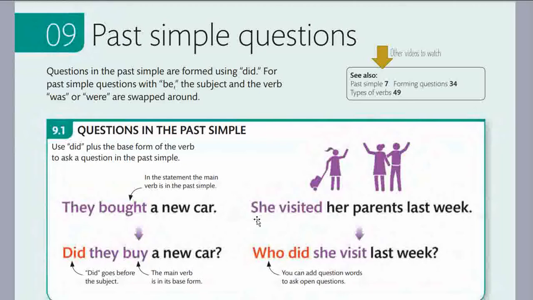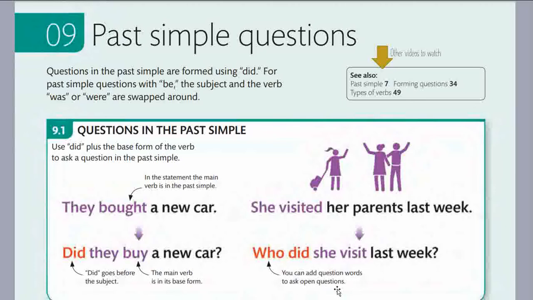Let us see the second example. She visited her parents last week. We add the word from the WH question tags, who, and then we bring in the word did. Who did she visit? Visit is in the base form. Last week, that is the question, so you get an answer. She visited her parents last week. When you bring in the WH words, you get an open-ended question,